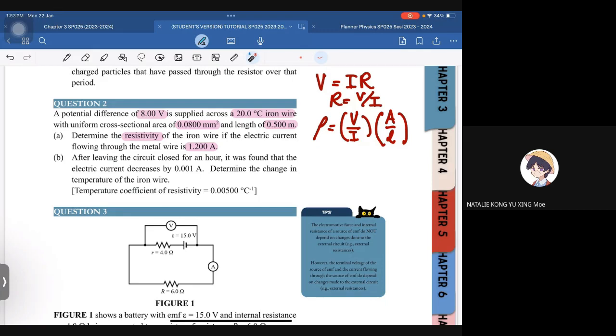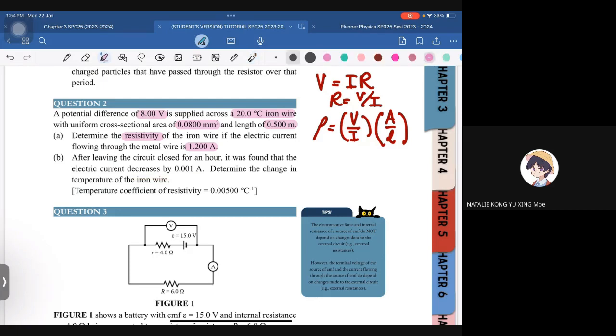Close. Mungkin dia off lah tu. Okay, kita assume dia off lah. Close for an hour. Dia bukan cakap close switch kan? So dia tutup lah. Dia off satu wire. Okay, so sekarang off satu wire. Dia off satu switch. Okay, so lepas tu dia cakap it was found that the electric current decreases by 0.01